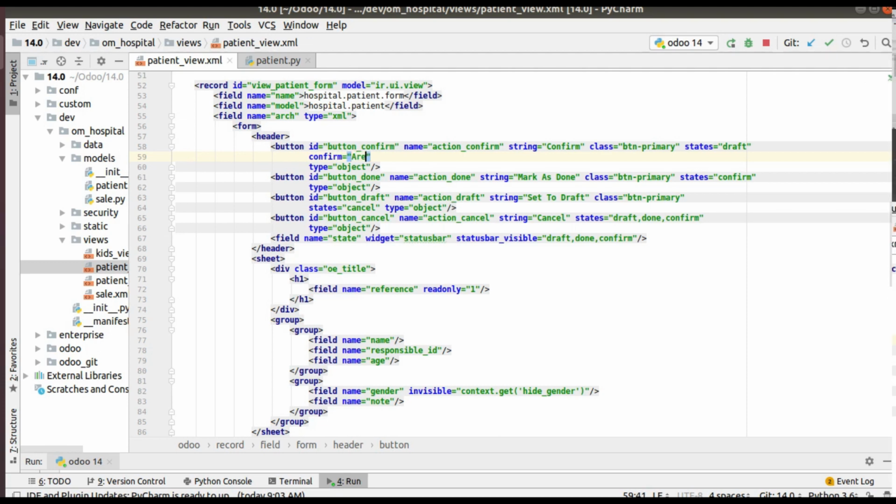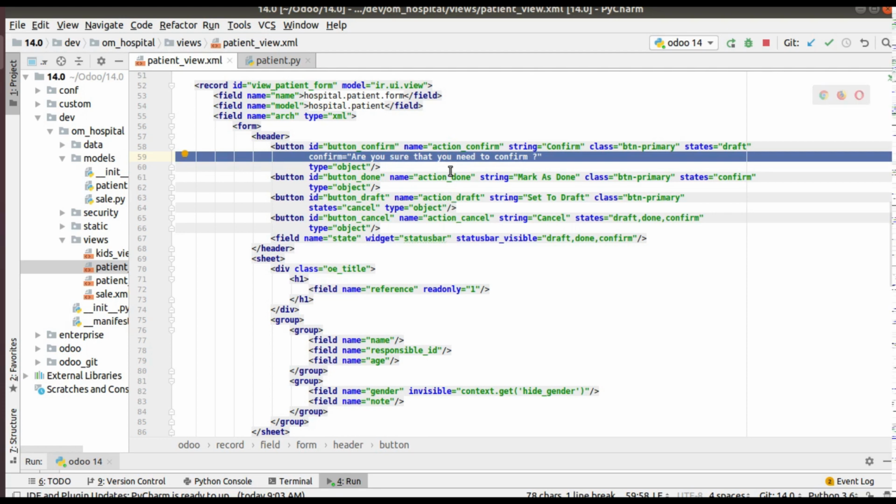I'll add, are you sure that you need to confirm? So I have simply added a confirm attribute and given a string, that is, are you sure that you need to confirm this record, or you can give anything accordingly.